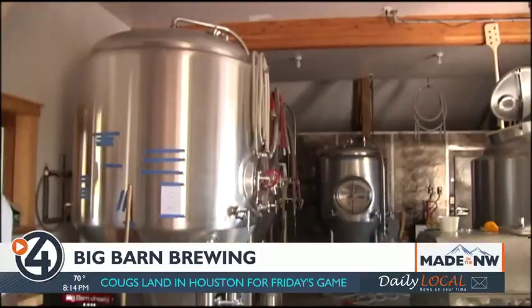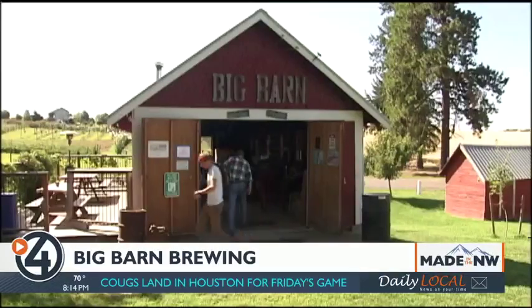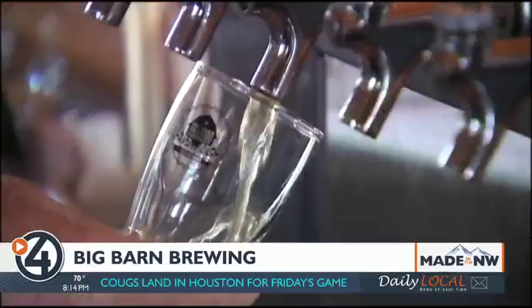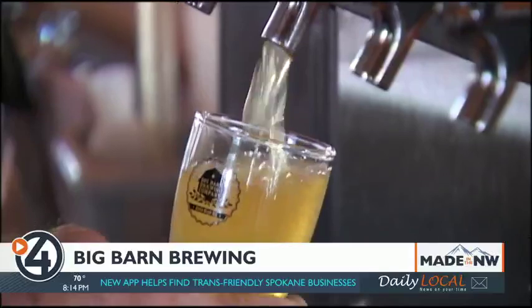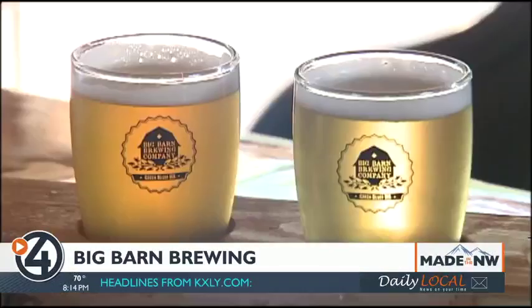The beer is brewed in these tanks inside the big barn, but most of it is poured a few feet away in its tap room, which also has that farm feel. There are a lot of folks that like the ambience that not only we provide here at Big Barn, but that Green Bluff in general provides. It's a nice community. Of course, they also come for the beer, like the Blackberry Porter or the